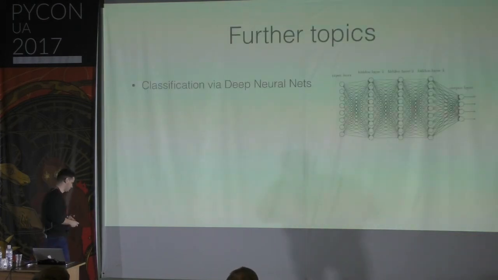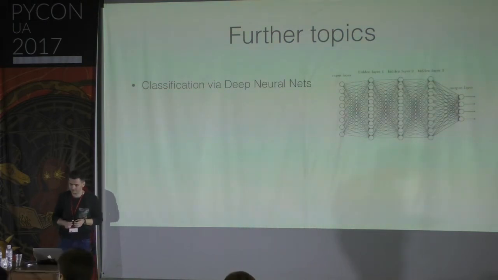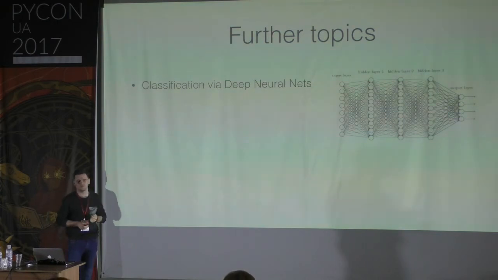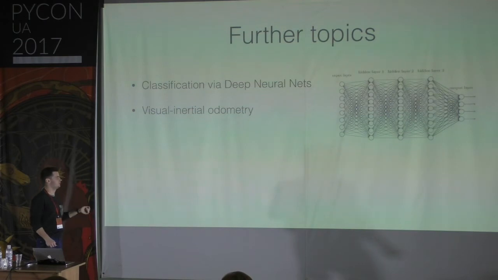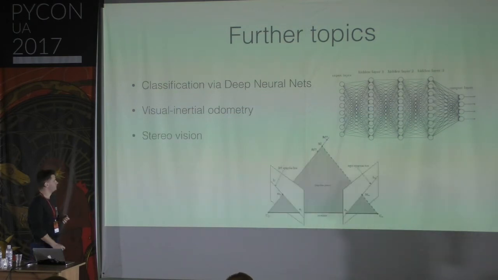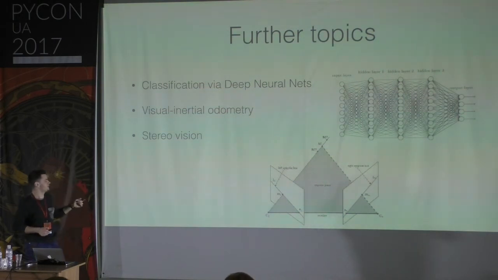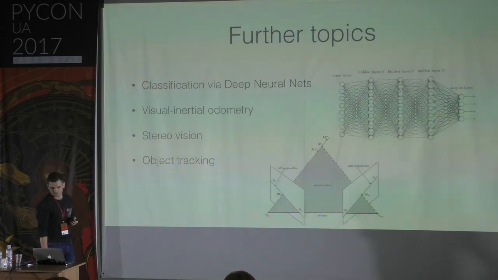Okay, so I've talked about some methods. This is just the tip of the iceberg. Computer vision is quite a big science, I would say. And there are interesting things like classification using deep neural networks. Everyone is talking about neural networks today. It's really used a lot. There are things like odometry, where you detect your position, and I'm going to show some examples now. There is stereo vision, and the nice, or not so nice, thing about stereo vision is that there's a separate geometry for it, called epipolar geometry. Once you get into it, it's really interesting. And there are things like object tracking.